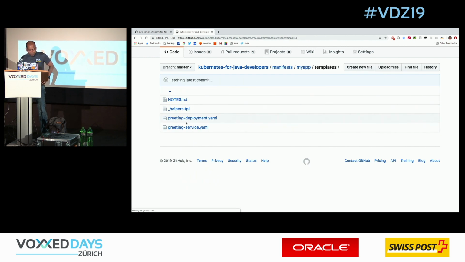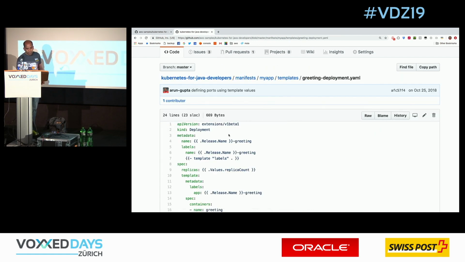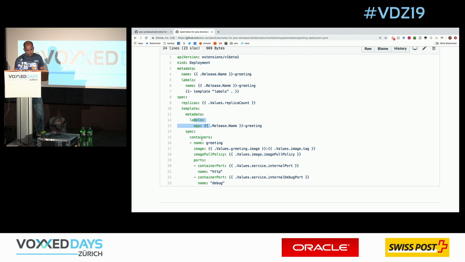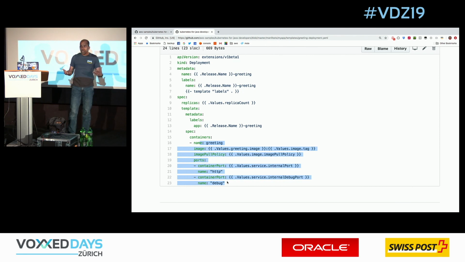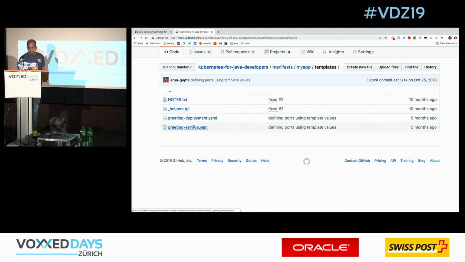Now, if I go to the templates, that's where my greeting deployment, which is where my pod spec is defined essentially. So if I look at it here, I'm saying, here is my API version, here is my kind, here is the metadata that I'm going to assign, here are the labels that I'm going to assign to the pod. Now I'm saying values.replicaCount, so I want a single replica of this pod. Then I'm adding more metadata to the pod, and then I'm defining the pod spec, that this is how my pod is going to look. So once you understand this language, then you can create, in my application, I have a single deployment or pod, but in your application, you could have multiple of these files in the template directory here, okay?